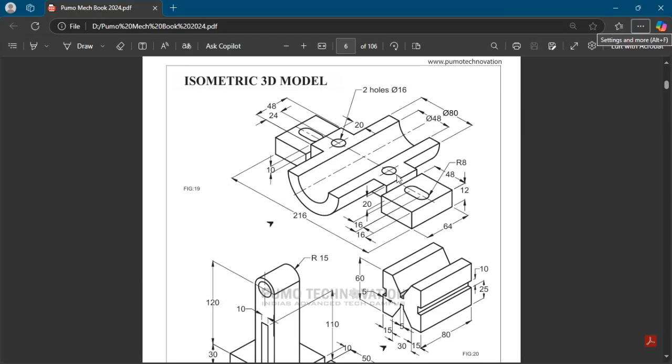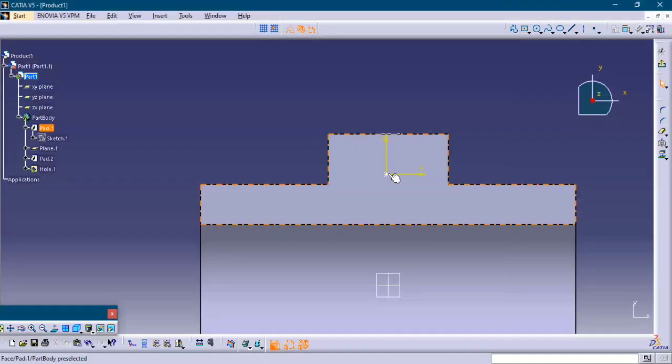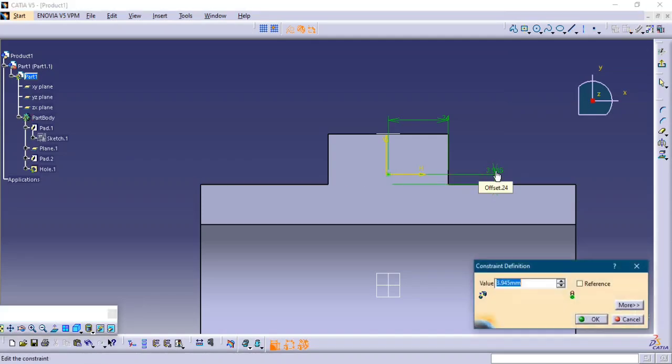One more thing is, if the sketch is in green color, it means it is fully constrained, and if the sketch is in white color, it is not constrained. So the diameter of the hole is, okay, it's not given, so click on the dimension constraint, click on the point on this edge, you will get the distance. Double click and edit it to mid, and click on this line and this point,